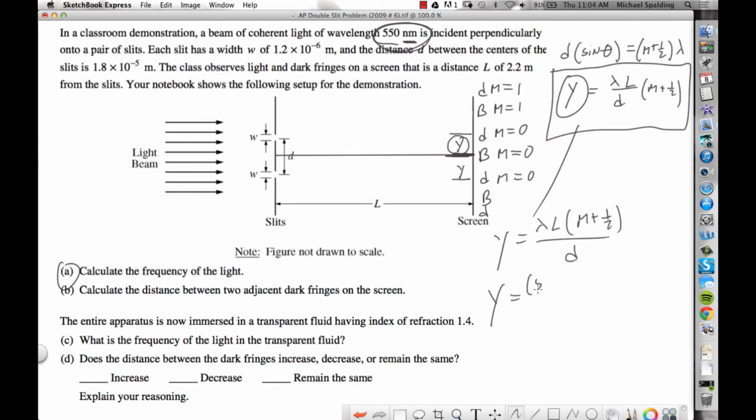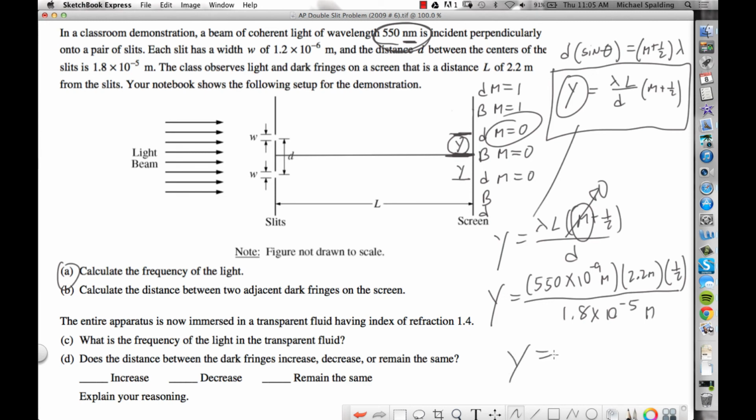So the lambda is 550 times 10 to the negative 9th meters. L is given, 2.2 meters. What's this m right here? 0, right? That's m equals 0. So that's just going to be a 1/2. And then d is also given. Where's that? 1.8 times 10 to the negative 5. So we get a y value of